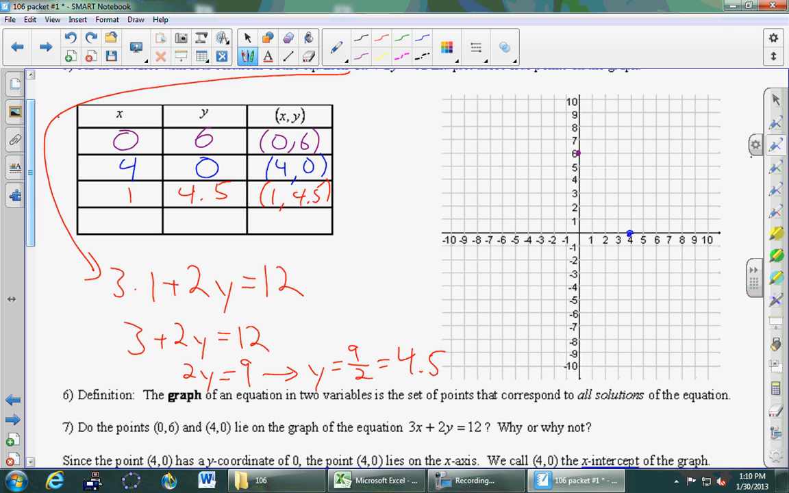4, 0 is there, straight to the right. And then one more point for me is 1 and 4.5. I'll plot it in red. Over 1 to the right, up 4.5 is here. You might not have the same points. That's fine. But the idea is if we connect them in a reasonable way, we're all going to have the